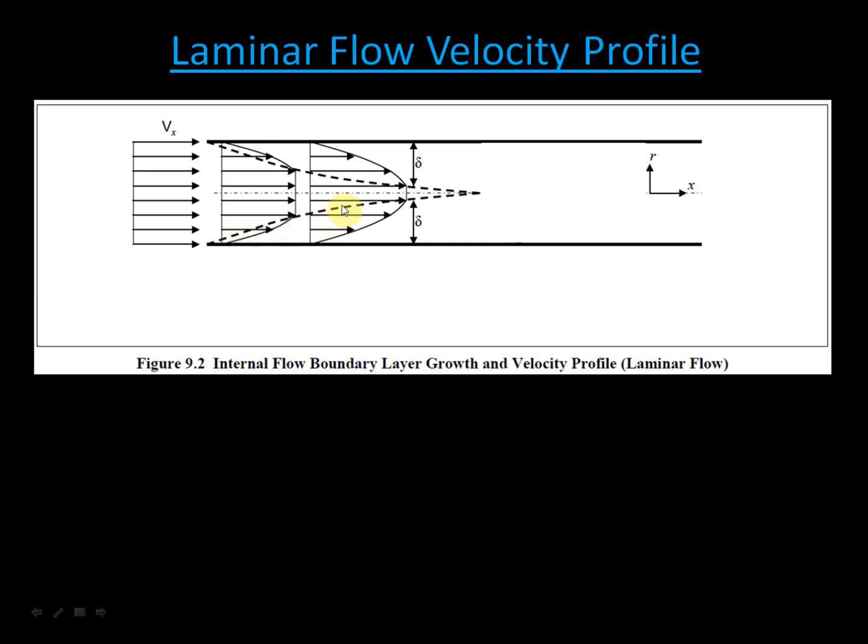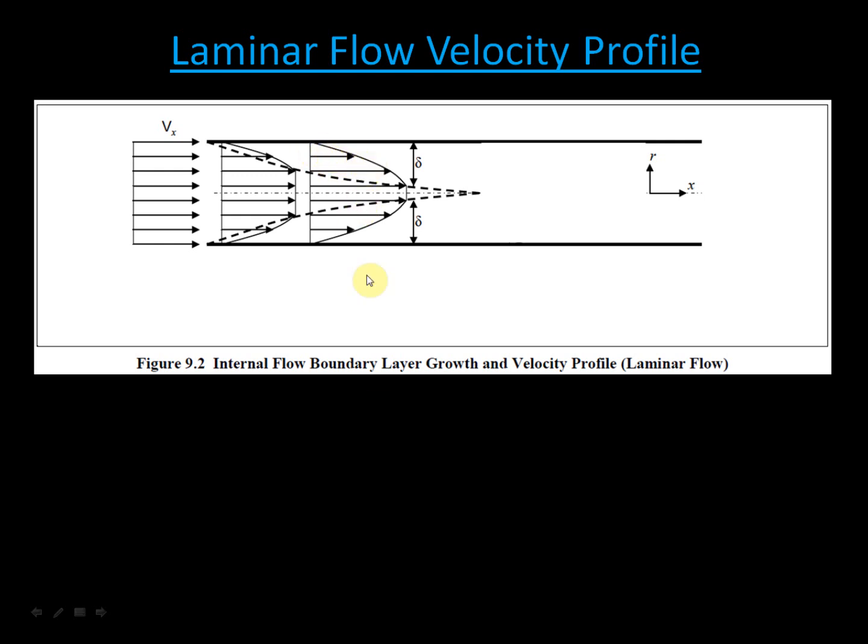Now let's move a little bit further down the pipe, and this dotted line here is an indicator of what's called the boundary layer, and this delta is indicating the height of the boundary layer. And you can see as I move further and further down the pipe, this is obviously exaggerated for visual purposes. In a real pipe, this would be very, very small and would take a long time for this to happen. But 360 degrees around, all the way around, I'm building up a boundary layer. The velocity in the middle has to continue to increase due to conservation of mass to make up for these particles that